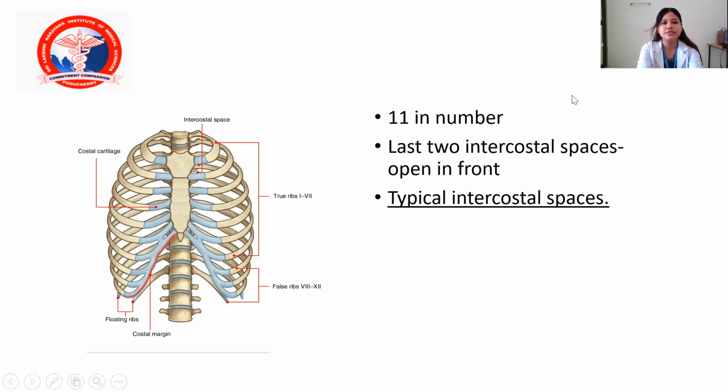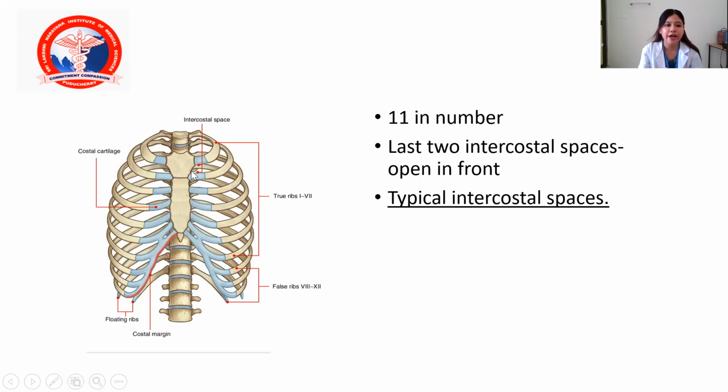So the intercostal spaces, as the name suggests, mean the spaces in between two costals. Okay, so the spaces present in between two ribs are called the intercostal spaces. You can see here, these are the intercostal spaces. Here you can see the thoracic cage, and in this thoracic cage, we know that